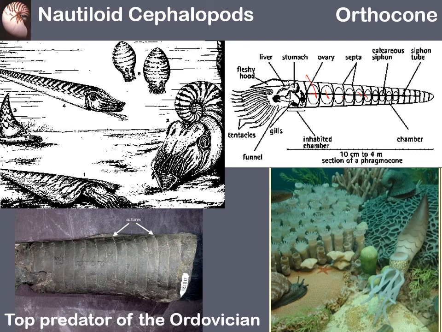So cephalopods in the form of nautiloids had these chambered shells, which we now call an orthicone. And some of these things got really, really big. For example, just to point this out to you, the phragmocone or orthicone can be 10 centimeters to 4 meters in length. So you're looking at a shell that could be around 12 feet long. And those were the dominant predators, for example, here in Wisconsin in the Ordovician. So if you went swimming in the Tippecanoe sequence or sea, these are the types of things that might try to grab you.